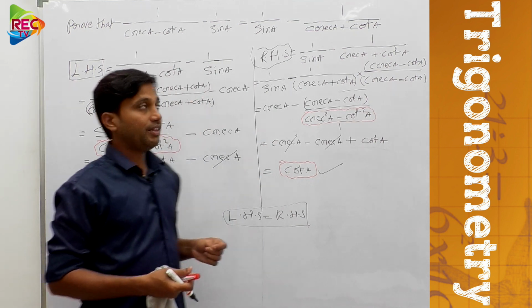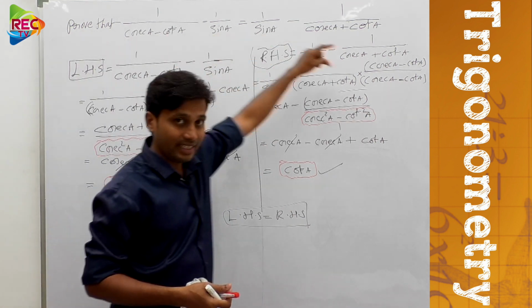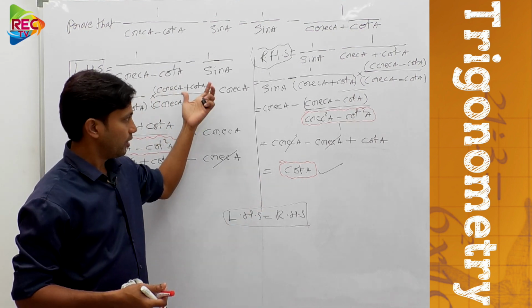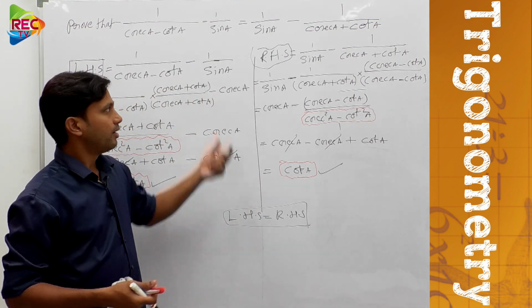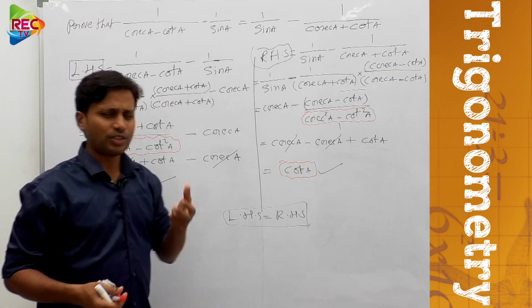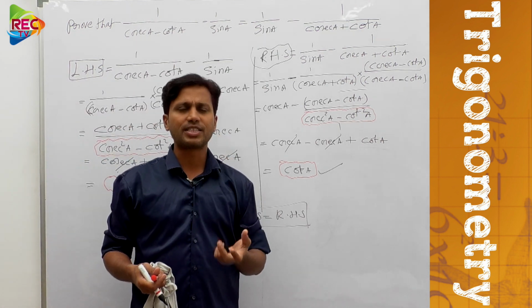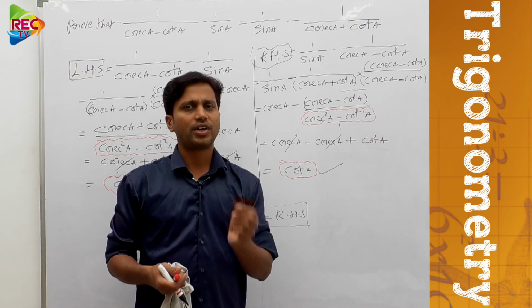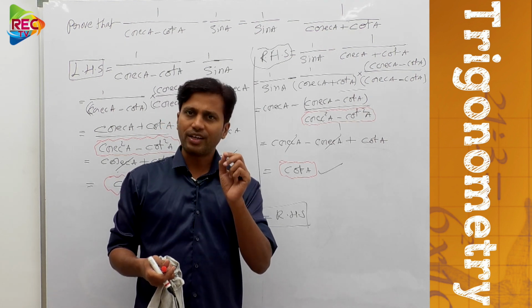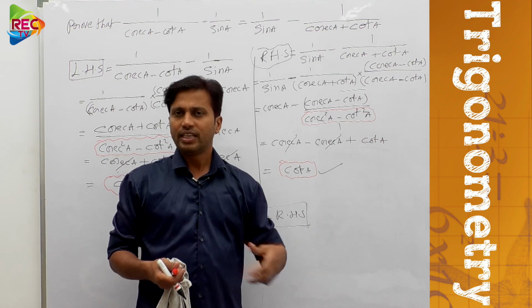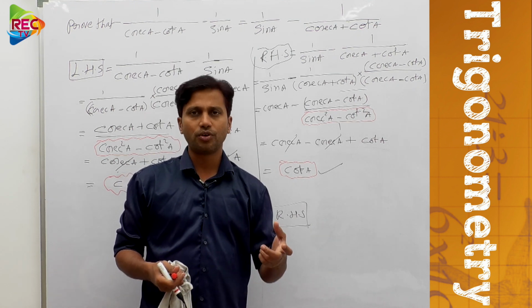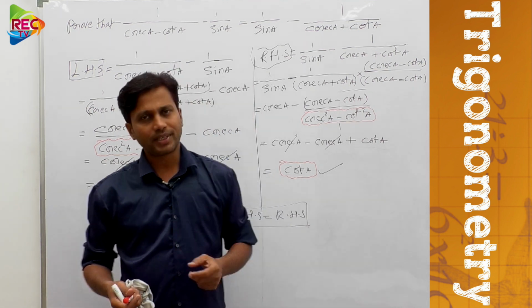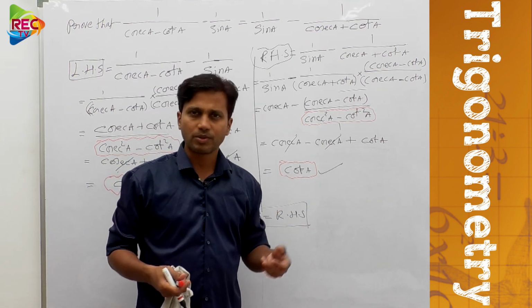Understood? So even though the problem looks very lengthy, a small technique we need to apply to simplify that. Understood? What is that technique? We don't need to call it a technique. It's a basic formula. If you understand the fundamentals of any concept, not only trigonometry, even geometry, mensuration, wherever you go, if you understand the fundamentals of that topic, you can simply solve any sort of problems from that.